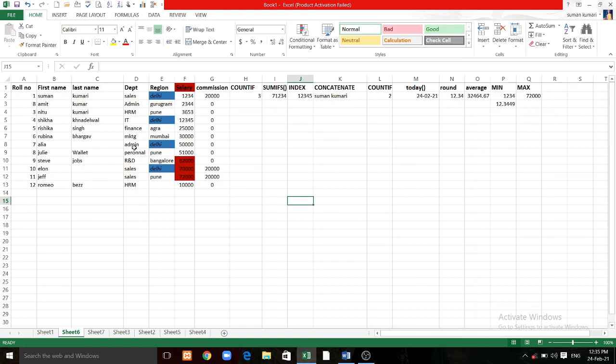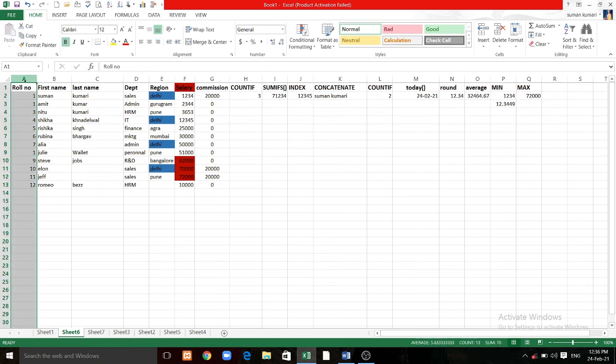And the next condition is that I want to find out the duplicacy of the numbers. Like everyone knows that roll number is always a unique number for every employee or every student in the schools or in an organization. There is always a unique ID number. So if somebody makes a mistake and writes duplicate data, like I have done here, I want to find out the duplicacy of the roll number.